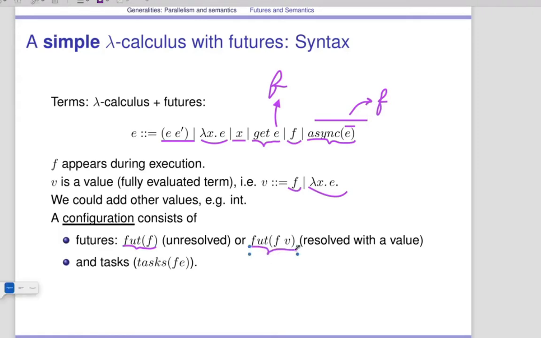Fut of f v, which means the future f not only has been created, but has been resolved. So the task that corresponds to this future terminated. And we have tasks, which are basically elements of the lambda calculus, except that each task is here to fulfill a future. So we also have the future recalled inside the task.